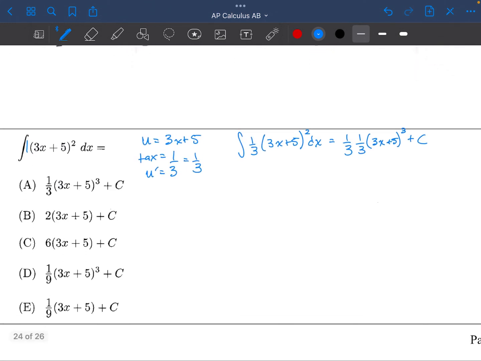I have like a 1/9 essentially. Ooh, I see 2 options have the 1/9 down here. Which one is correct? Well, it's the one that has a power of 3. So the correct answer here is